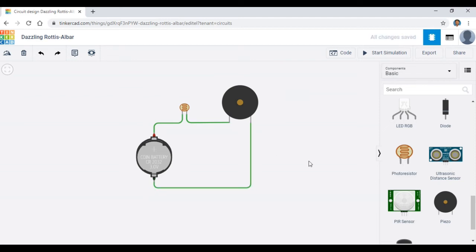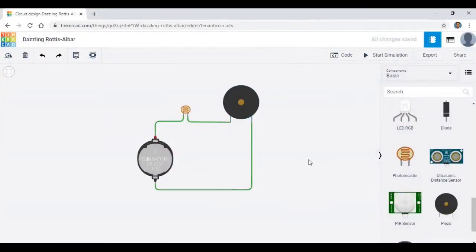Now our circuit is ready. We will check how the photoresistor controls the current. So I'm going to the simulation for this circuit. I'm going to click on the start simulation button. The simulation timer started here. Now it's not allowing the electricity, so that's why the buzzer is in off state only.